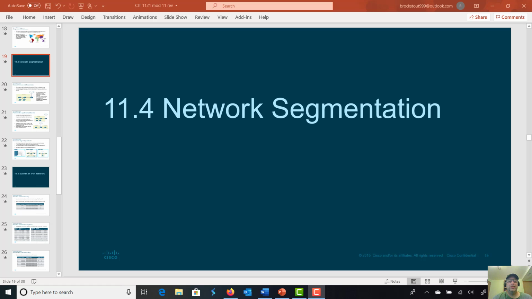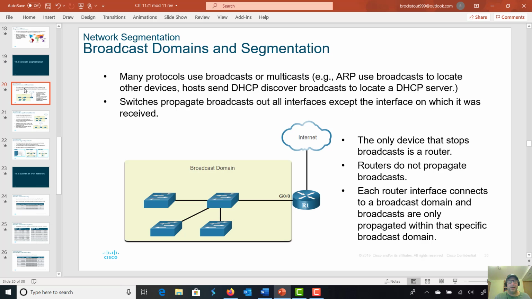CIT 1121, Module 11, Submodule 4, Network Segmentation. There's just a couple of slides in this particular video, and it does bring up a very important concept, though,